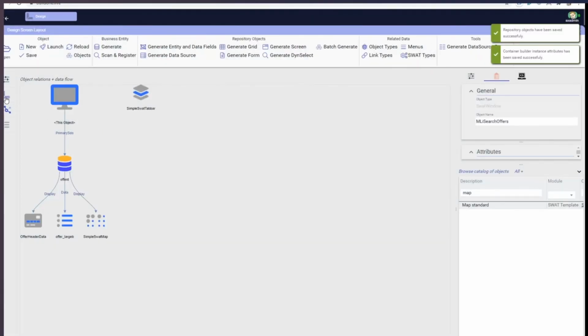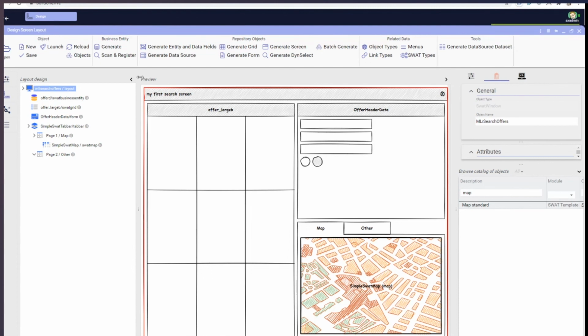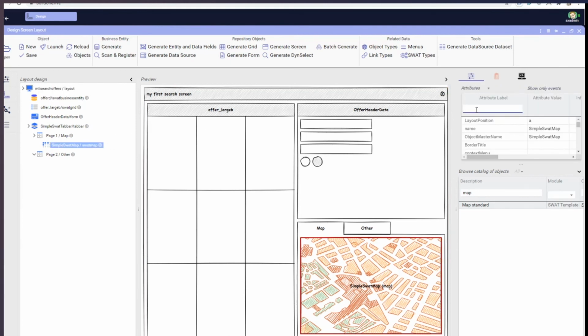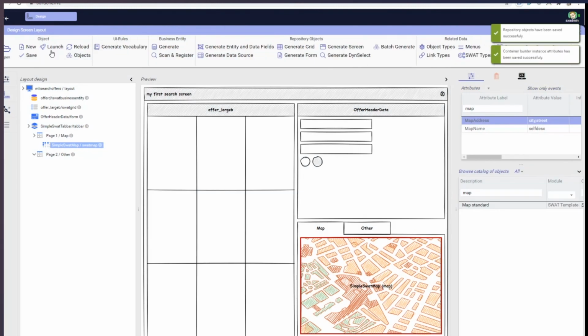Now there's one more thing we need to do for the map, because the form knew all of the fields it needs to display, but the map, of course, also needs to know the fields it should display. So in this case, we choose city and street here, save it, we launch our screen,